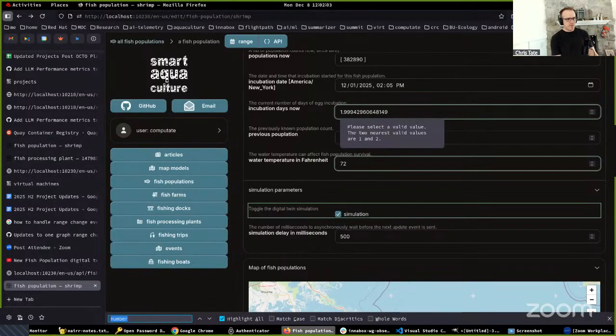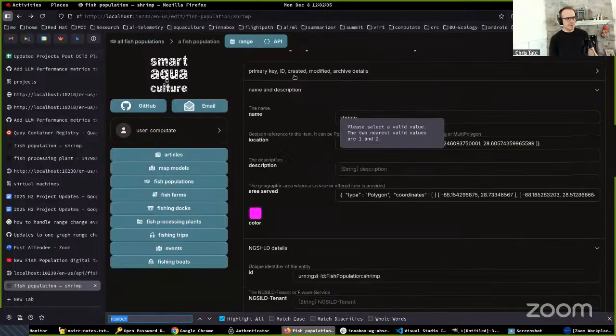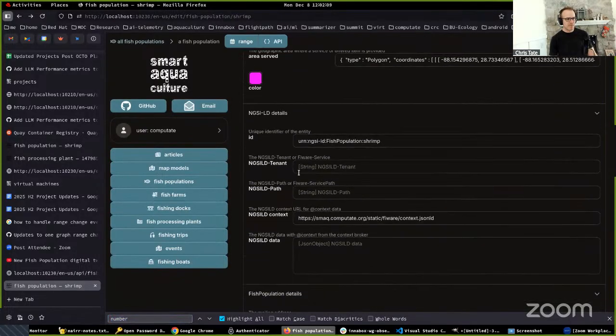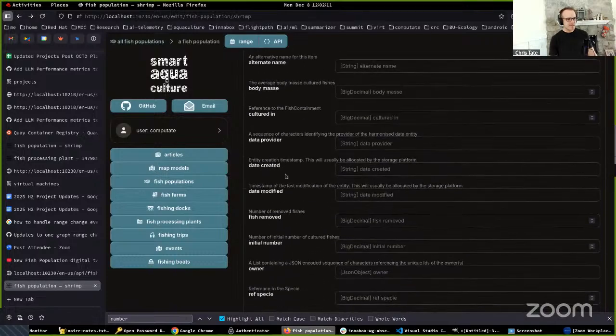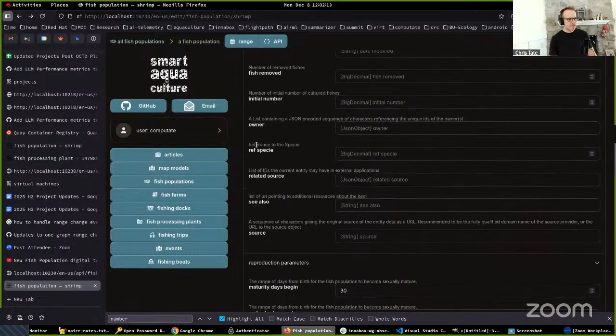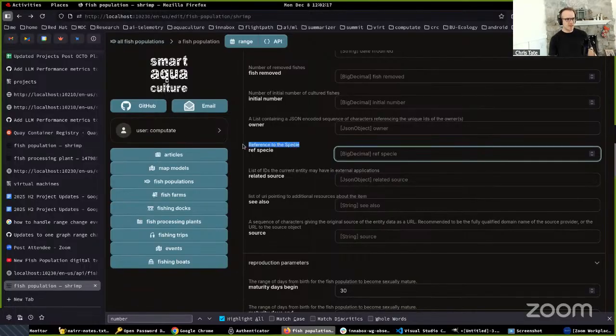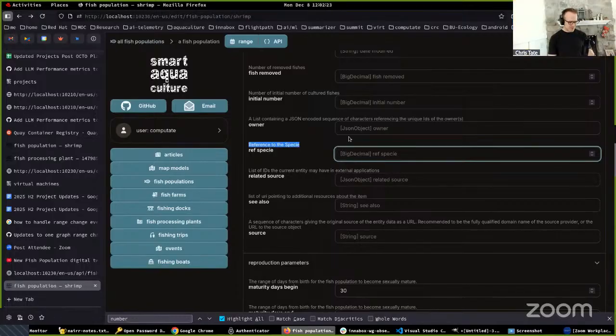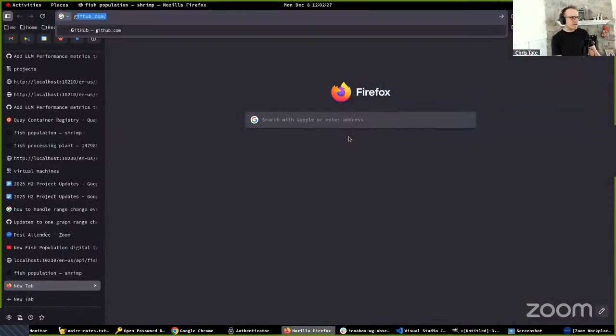Okay, so up here, I gave this fish population a name, and this field is dedicated to the species. Oh, but it's a big decimal field, so that doesn't make any sense to me. So if we go to github.com/smart data models